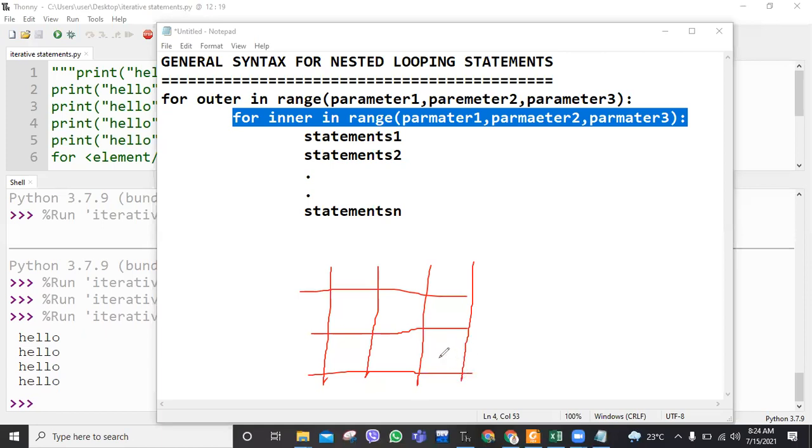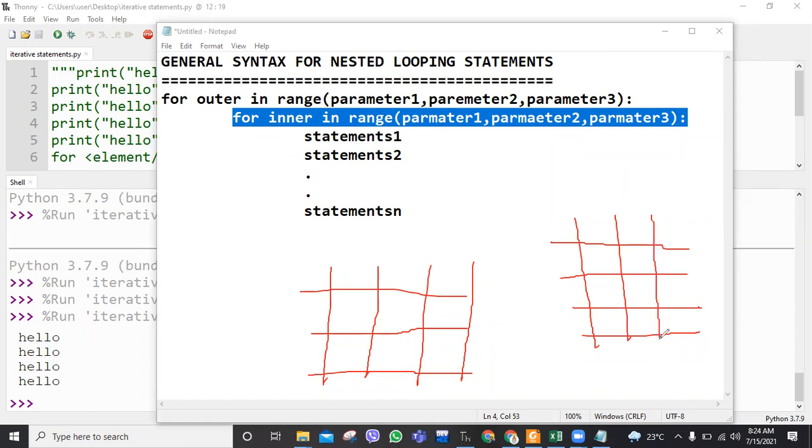Now you have to understand this. I hope you have studied matrices in your mathematics. A similar concept applies here: a combination of rows and columns. So the outer loop is concerned with the number of rows, that means the number of lines in the output console. Up to which line, or how many lines, do we want to print that particular output? And the inner loop is concerned with the number of columns, sorry.